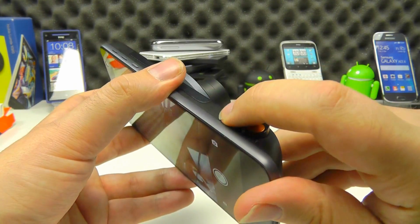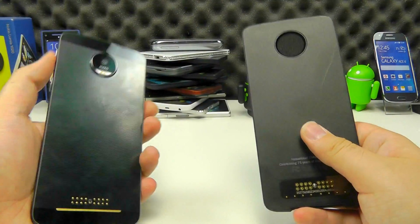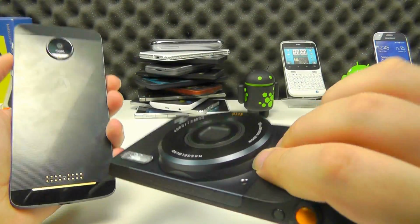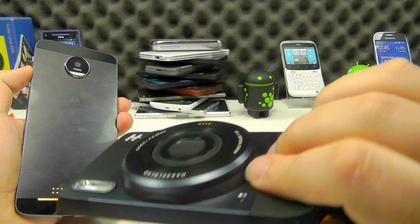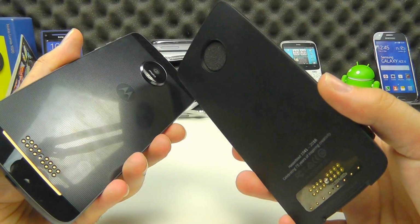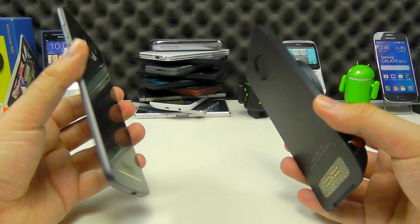But for those that want to have a decent camera feature on their phone over and above what they get from this, you get a much better experience. Obviously the optical zoom helps, you've got a much wider angle from the lens, you can capture more detail. Now in terms of megapixels, it's not much better than the megapixel rating here, but we're dealing with a bigger sensor, a bigger lens, and for those that like their photography, then you will end up with much better